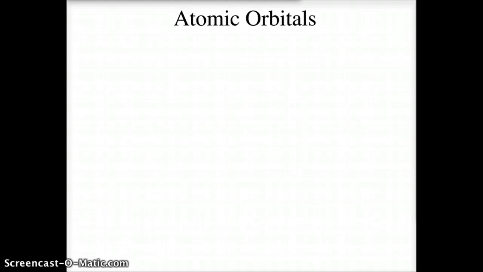So today we're going to talk about atomic orbitals and what that term actually means, and basically how to get more in depth and more accurate about the structure of this space in an atom around the nucleus, where electrons are found. So just a quick refresh, we've discussed how Niels Bohr came up with the Bohr model in 1913